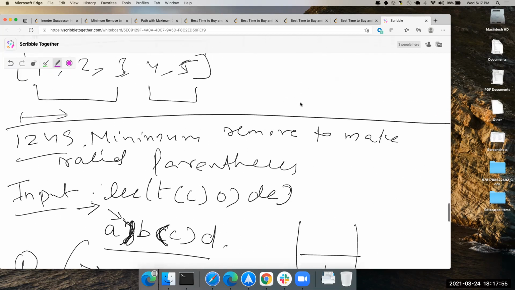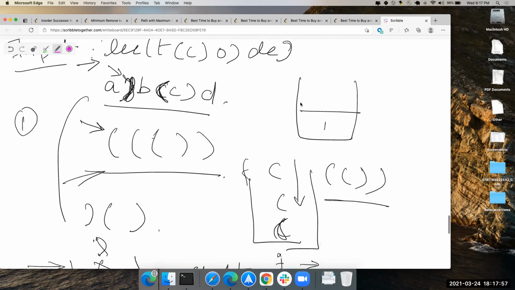How I did this one was using a stack. Every time I get an open brace, I push it. The idea is we want to identify the closed braces that do not have open braces and open braces that cannot have closed braces. So I iterate through the input, and whenever I get an open brace, I push the index to my stack.